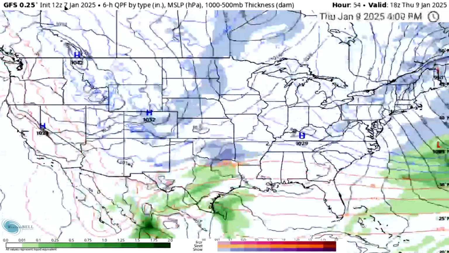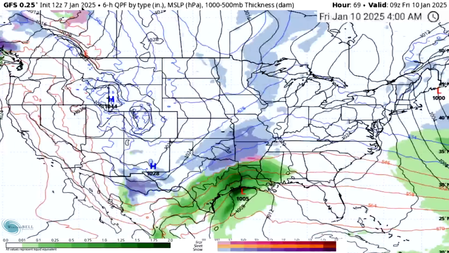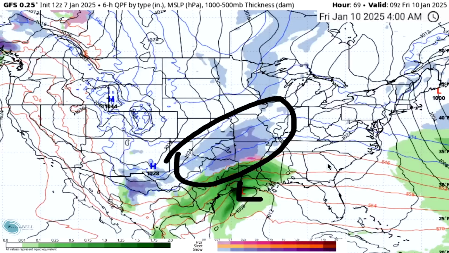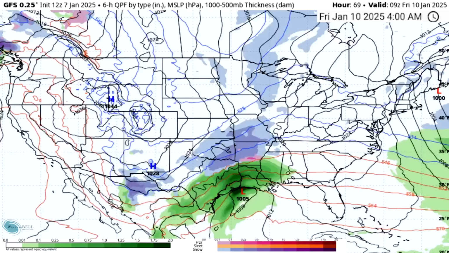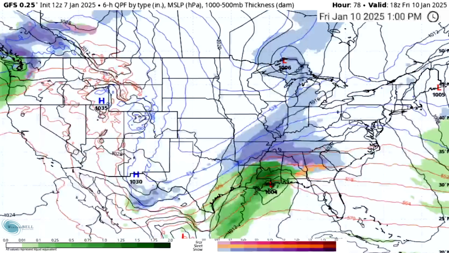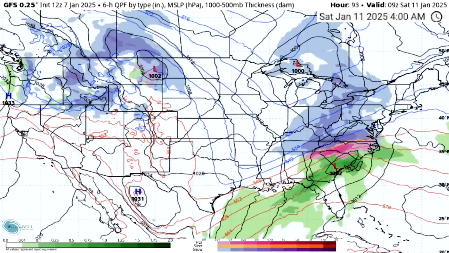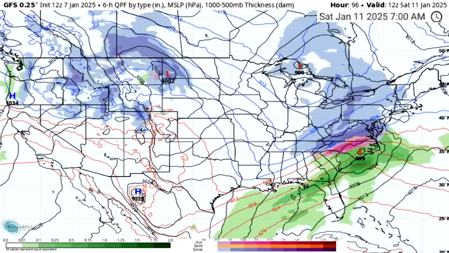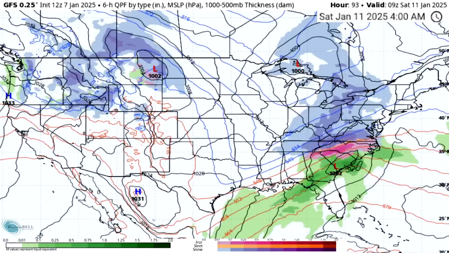Again, between today and the 10th, not a lot happening until we see this storm form very early on the 10th. 1005 here looks very similar. A little less snowfall for Texas on the GFS than even the European model. But really, we see this move through. Again, the track up until about this point is pretty much locked in. I would even say this point, because what we see happen from here, this looks very similar to the European model. Wintry weather here throughout the southern mid-Atlantic areas, as well as the southern Appalachian Mountains.